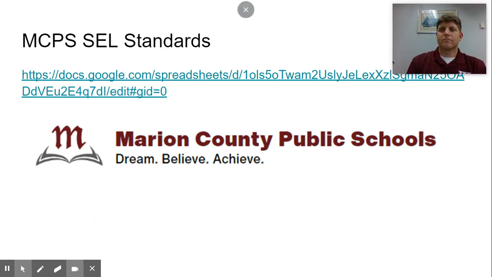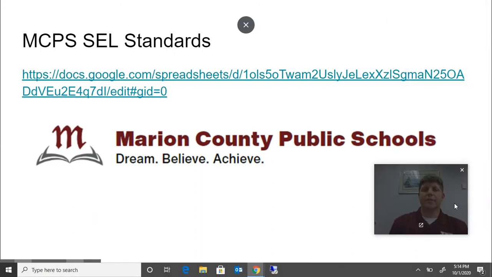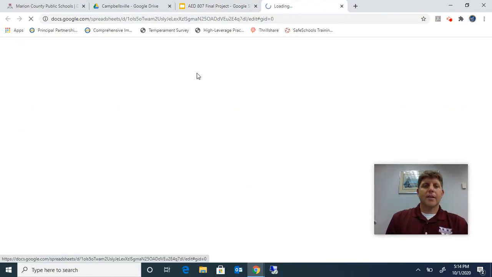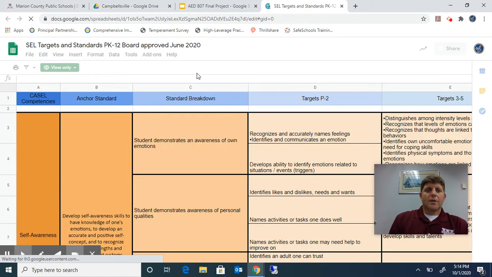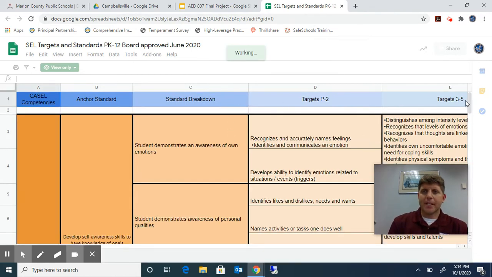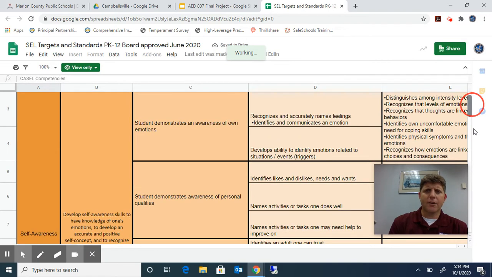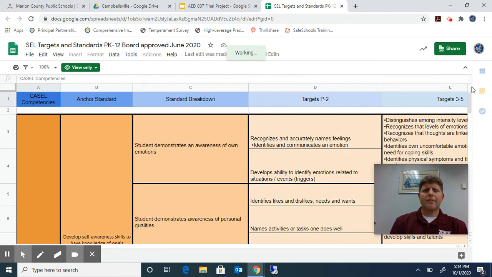And one of the things that we have done, and this makes it kind of nice, is if I open this up right here, it does a good job because you're thinking, okay, I'm principal of a school that's preschool through 5th. So I'm looking here, okay, the first one is the anchor standard of self-awareness. Okay, well then what does that look like in a preschool to second grade classroom? Well, this helps me take that and break the standard down into different parts, and then I'm able to target